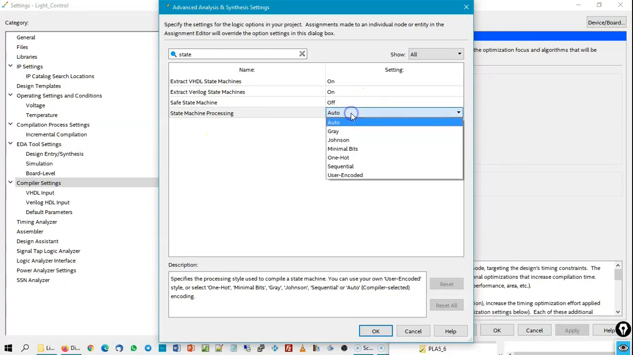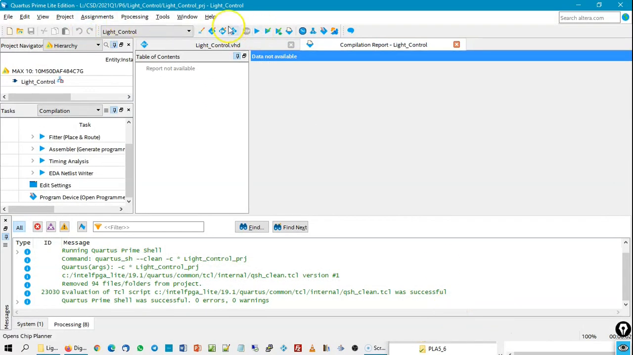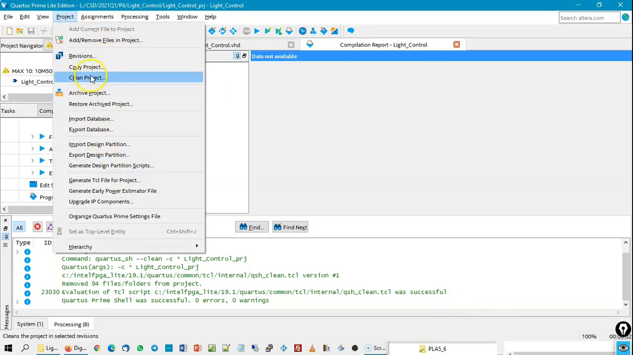Instead of auto, which in this design meant one hot, we will choose now, for example, binary sequential, because now we are using binary and we synthesize the process. We are sure that only 3 registers are taken to be considered as memory cells. So if we say OK, you say apply and OK, and you can recompile it all. You still remember? It goes like that: project and clean project. When you clean project, you can start again a new